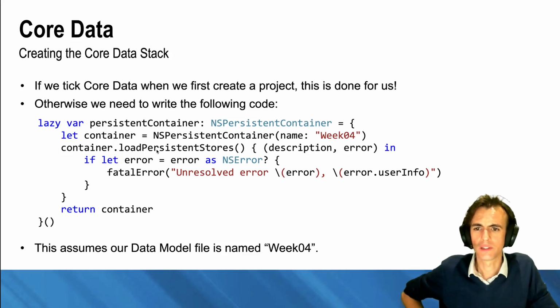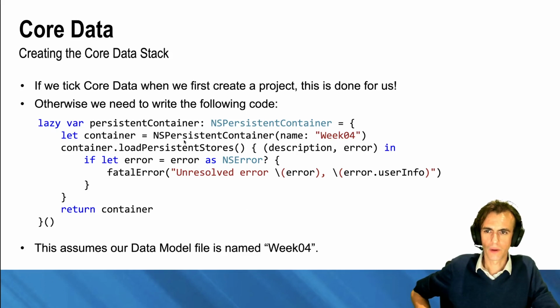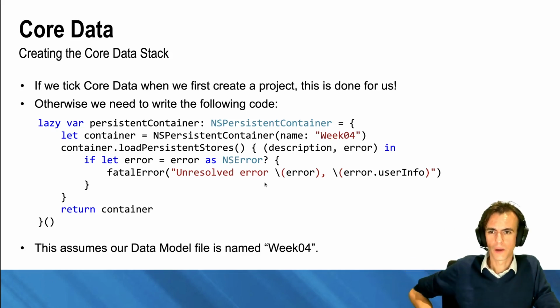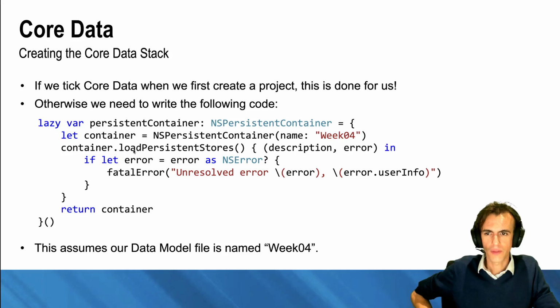The code here is somewhat boilerplate code. I'm not going to explain it in great detail. Basically, we're creating an NSPersistentContainer. It has a name, week 4. This is basically the name of the data model within the app. You can have multiple, but typically an app is only going to have one. We ask the container to load persistent stores, and if we have a look at this method, loadPersistentStores, and I'll show this in the workshop,